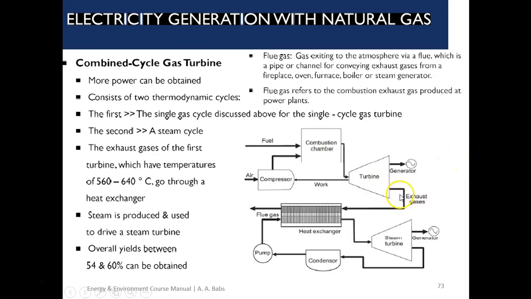In the single cycle gas turbine, you will notice that the exhaust gases that come out are actually wasted. It's not reused. But in the combined cycle, the main difference is that the exhaust gases that come out are actually reused. They are used again. Okay, and what are they used for? We have a heat exchanger here. They are collected by this heat exchanger, and then this heat exchanger